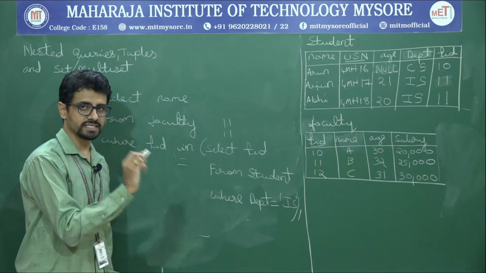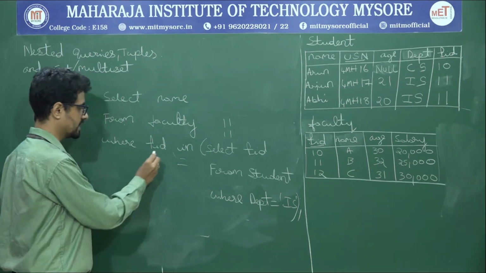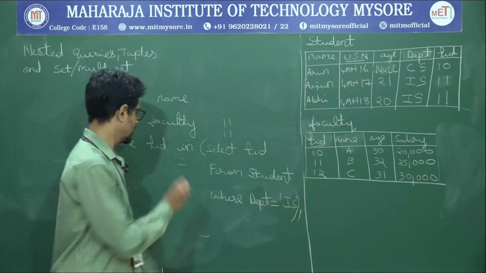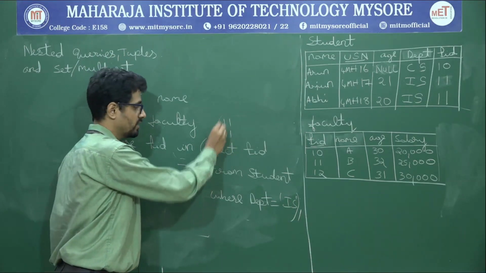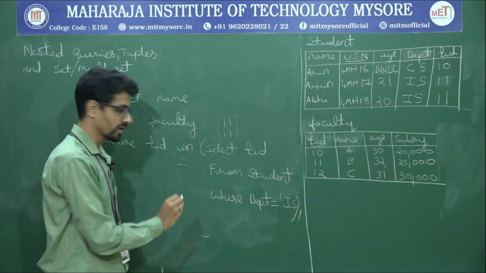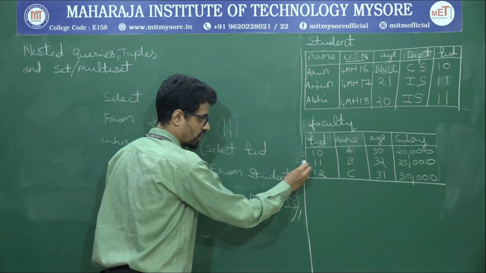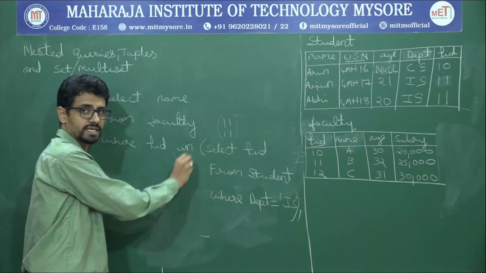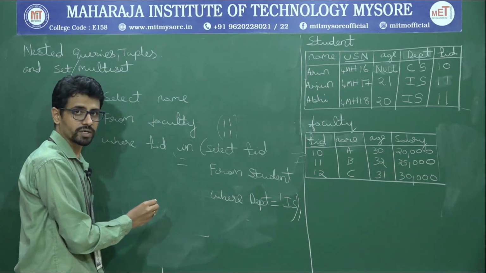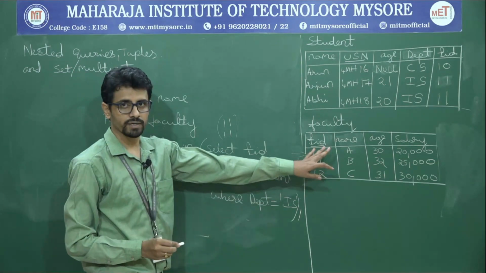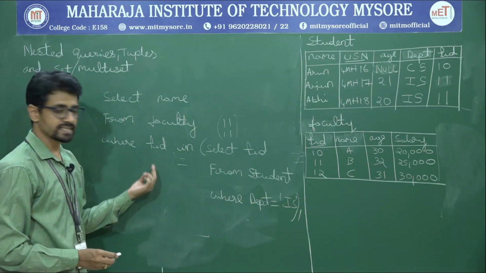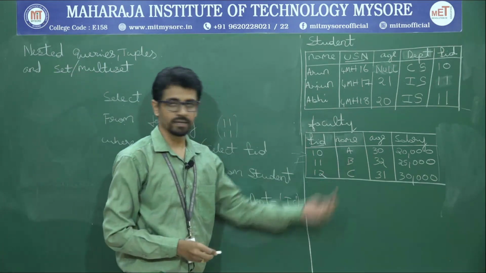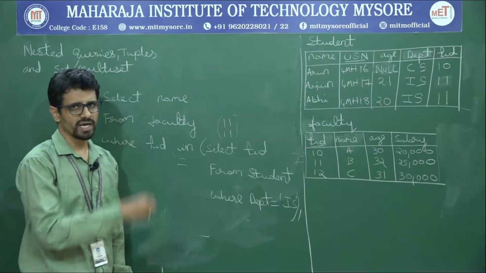See, you need to understand the way the nested query executes. It will take the first FID from the faculty table. What is the first FID? 10. Is 10 in this set now? Right now the set has 11. For each row of the outer table, this is verified once: it checks whether the value is in the output of the inner query. So 10 is not there. Next it comes again: is 11 here? 11 is there. So display the name of 11, that is B. So B is displayed, and it will be displayed twice.